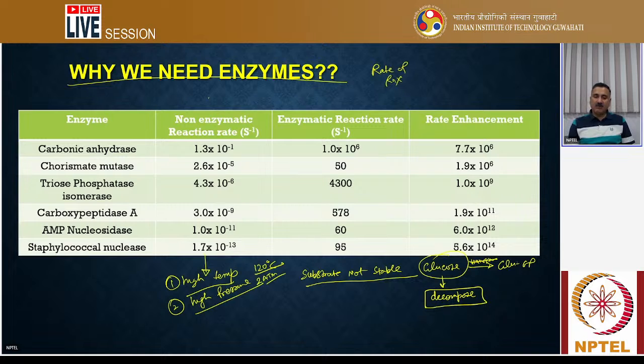Apart from that, this kind of high temperature could be possible in a test tube, in a reaction vessel, but it is not possible under biological conditions. For example, most of the organisms maintain a constant temperature of 37 degrees Celsius, and they are also living at a constant pressure, for example, 1 atmospheric pressure, right?